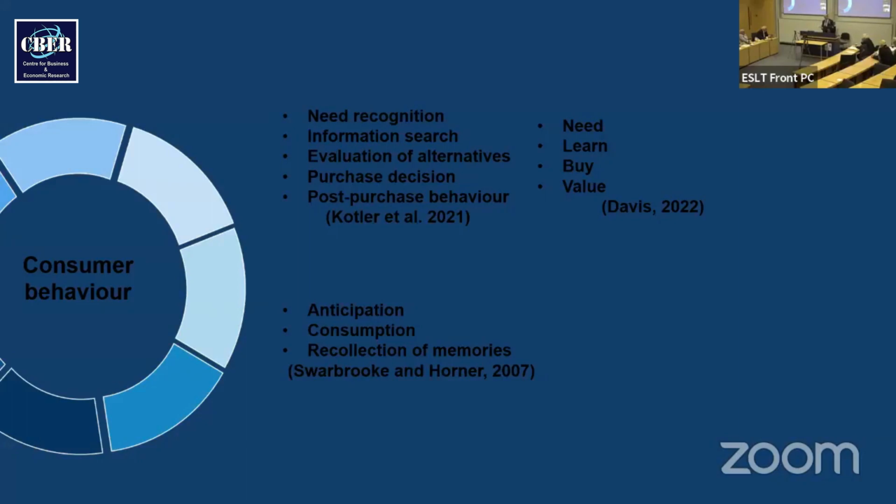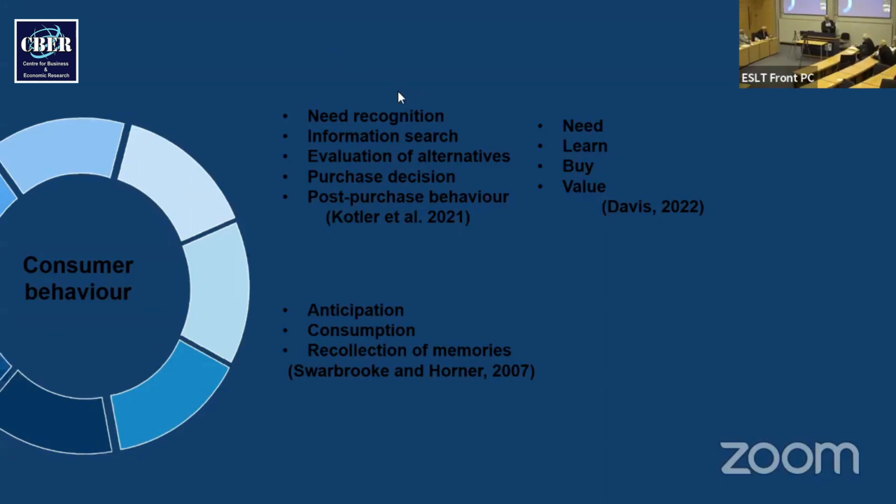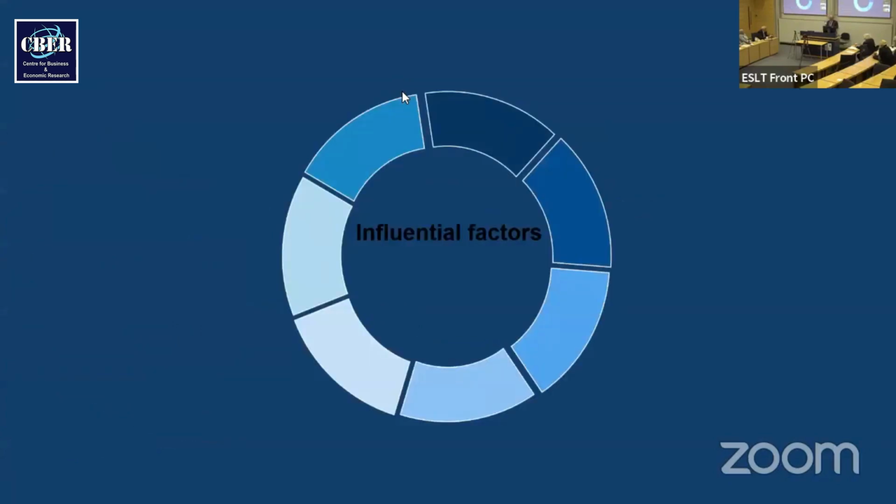But because I'm focusing specifically on the hotel sector, the stages are the anticipation before the trip, consumption during the trip, and the recollection of memories after the trip. So at the moment, because we're focusing on check-in and check-out, this is a consumption process. And